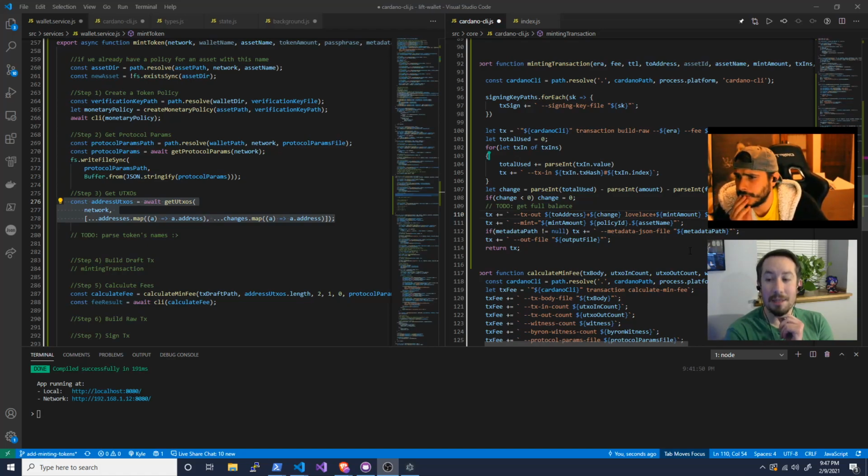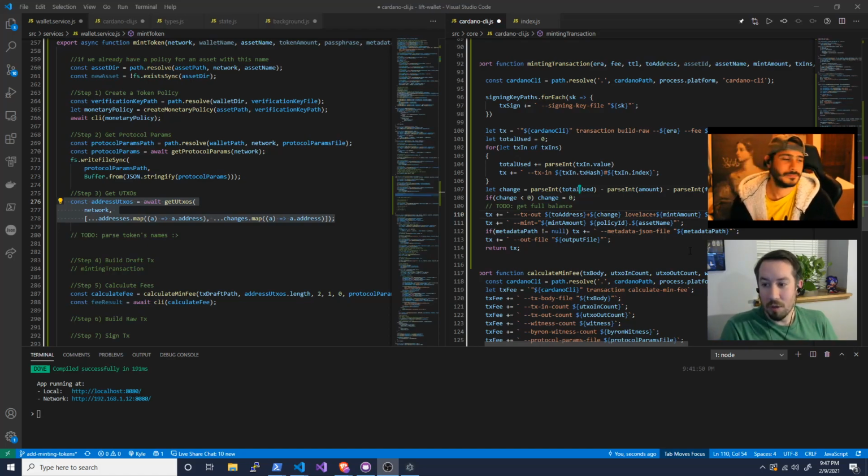So change is, which you might not need that. No, I'm sorry. So for instance, if there's multiple UTXOs, and one of your UTXOs wasn't enough to cover however much you're sending, all it's doing is